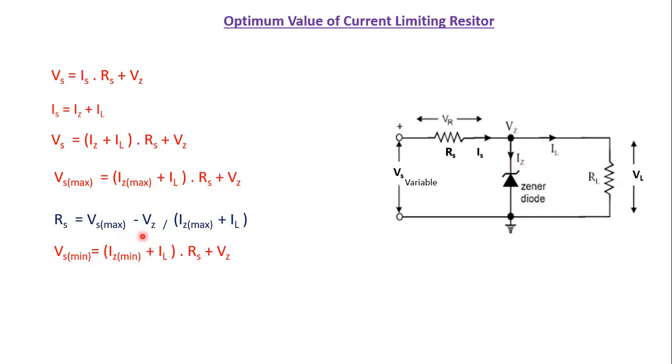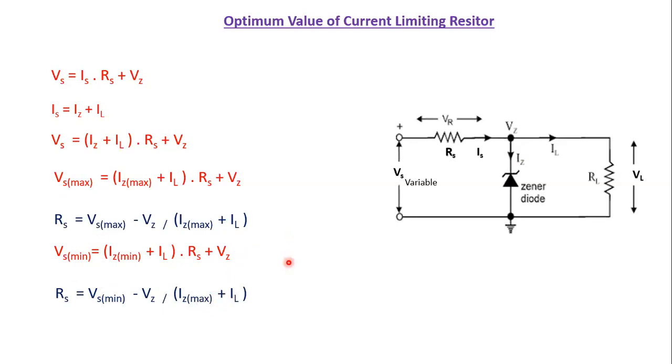So to keep the optimum value, I keep Iz minimum plus IL, which is a constant, into Rs plus Vz. It is the same equation, replacing Iz maxima with Iz minima and Vs maxima with Vs minima. From this also you can define the value of Rs as Vs minima minus Vz divided by Iz